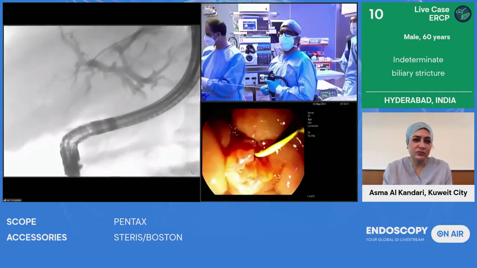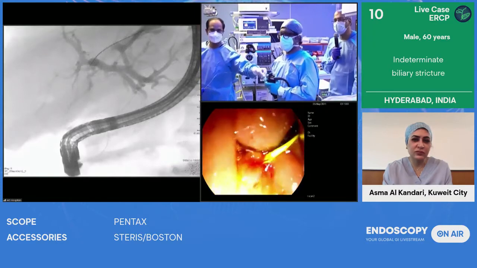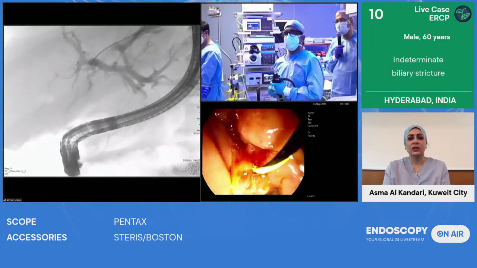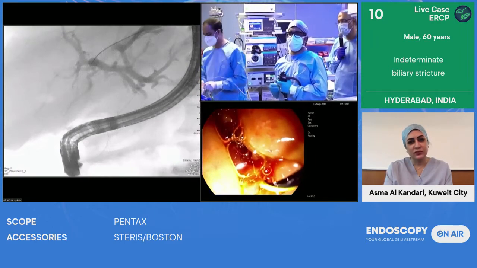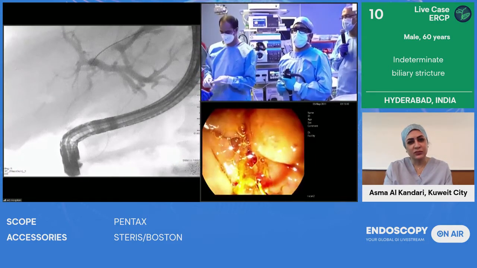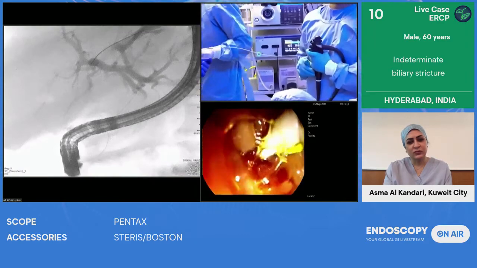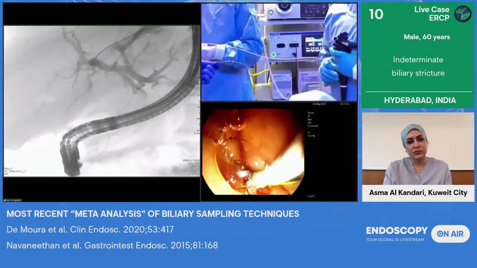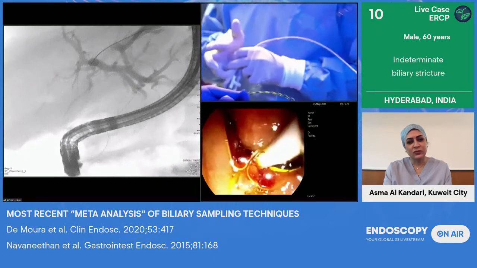So he's now doing something which is very important for all the ERCP people to know, that he's switching on to the balloon to guide his guide wire. So Mohan is putting the balloon, and they're going to put a guide wire through the balloon to see if you can selectively get it out there. But my own feeling is that even a single stent would be sufficient in this case.